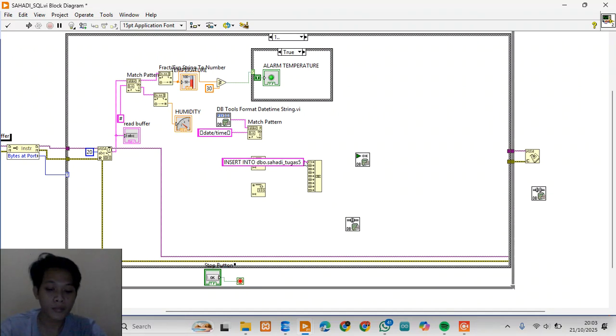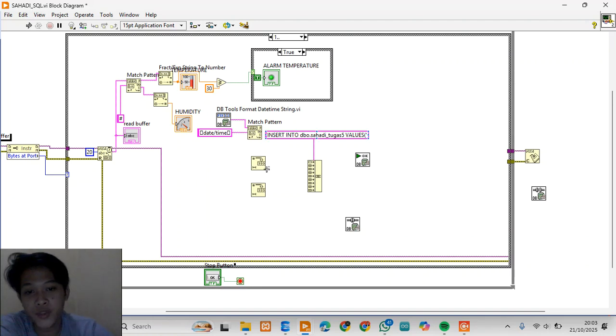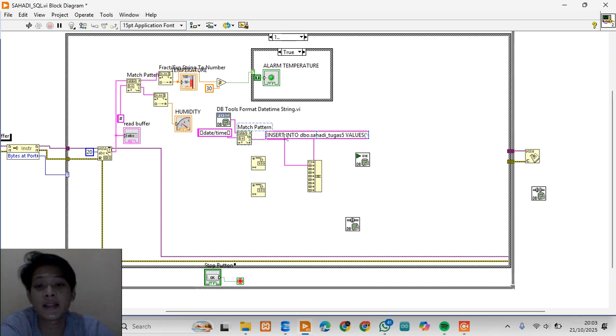and I give the values. For the converted date string, I connect to info 2, and connect to the match pattern after the substring for DB tools, that time.